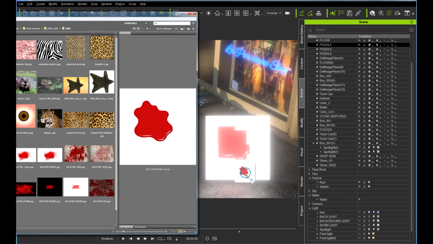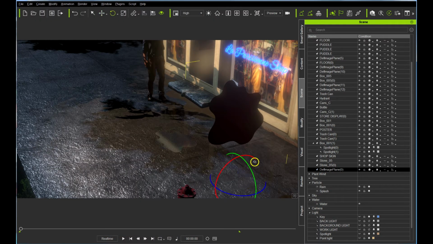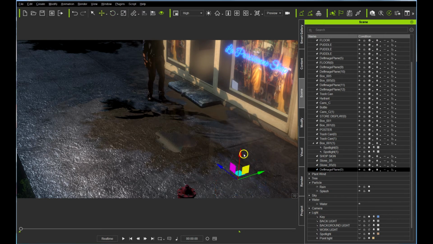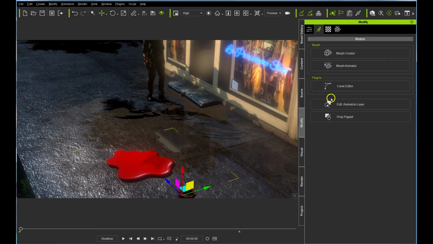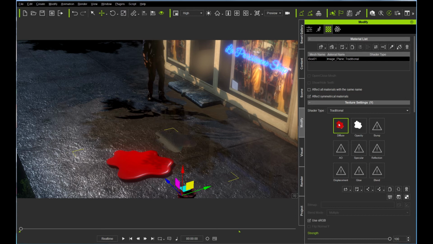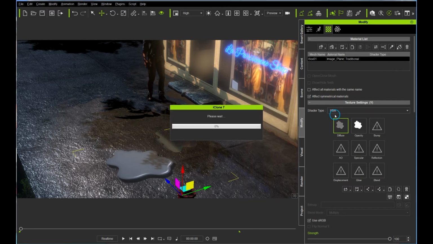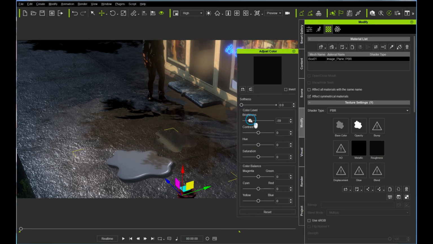I'm going to hold down the control key and drag this in. And this is just going to be a puddle of blood, let's say. And obviously now we'll take the color away from that file. Right click there, take the color away, we'll make it a PBR, which allows us to play with any potential